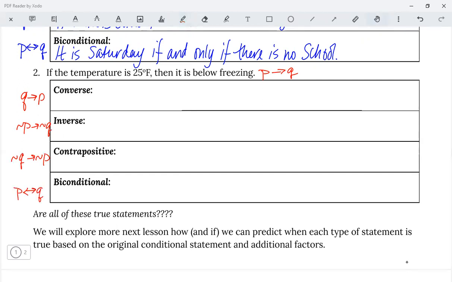Here we go. So converse, switch your ideas. The temperature is 25 degrees Fahrenheit. Again, that was our P statement. It is below freezing. That was our Q statement. And that's another thing that you can do if it helps you to kind of diagram your sentences to keep things straight. Go for it. Alrighty, converse, switch our order. If it is below freezing,